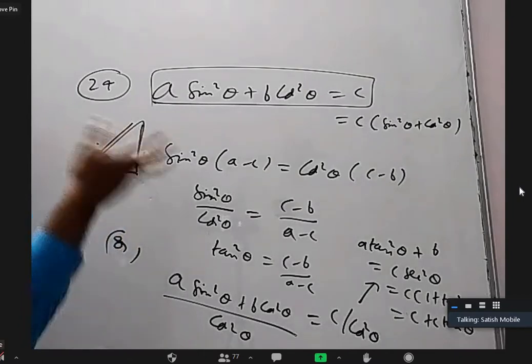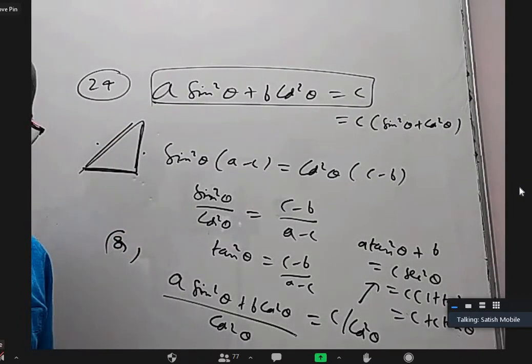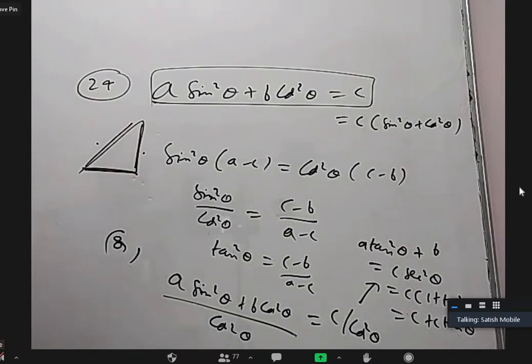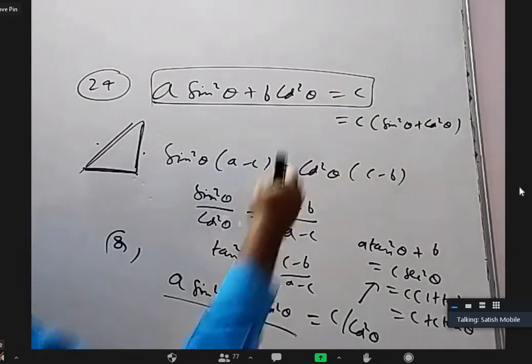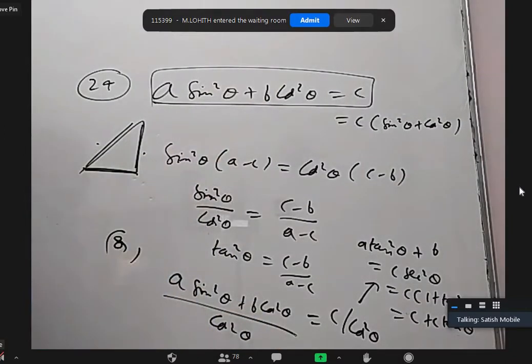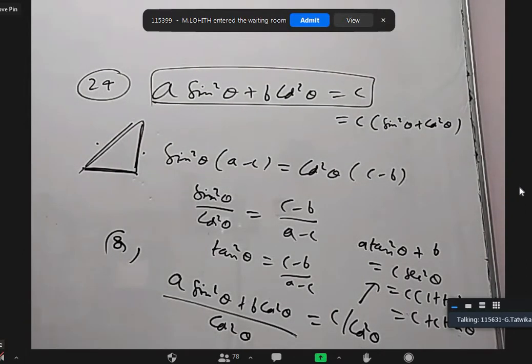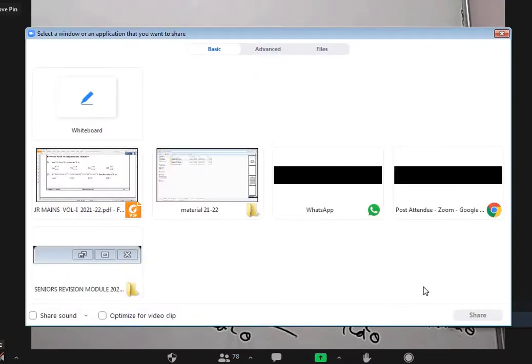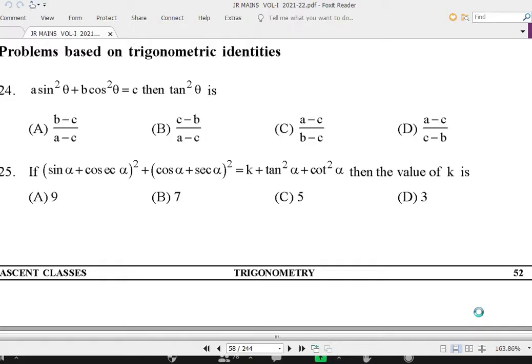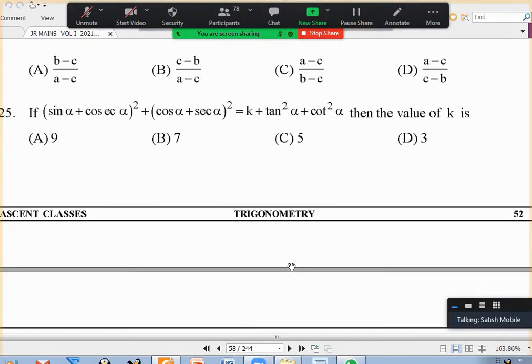Construct a right angle triangle. You will know 2 sides. You can find the third side, and then you can find tan square. Is that what you are saying? Yes, sir. Yeah, you can do that also. So this is one way to do it. This is another way to do it. Mukund said one way, and Bharat. No, who has said one? Bharat only. Okay, right. Everybody clear about 24? Yes, sir, clear, sir. Okay. Anybody want to ask any doubt about 25?